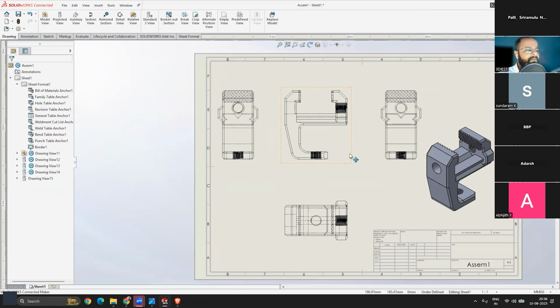So here you can see this is what we got. Now the moment we saved this one, here you can see still we have this one part, and I think it's got corrected now, right? Yes, the assembly file just got corrected. So what I was trying to say, if anytime you make any updates to your actual part models, those updates will get reflected onto your drawing instantly, right? If you make any change, that change will get added over here. For example, let me add information so you can see.